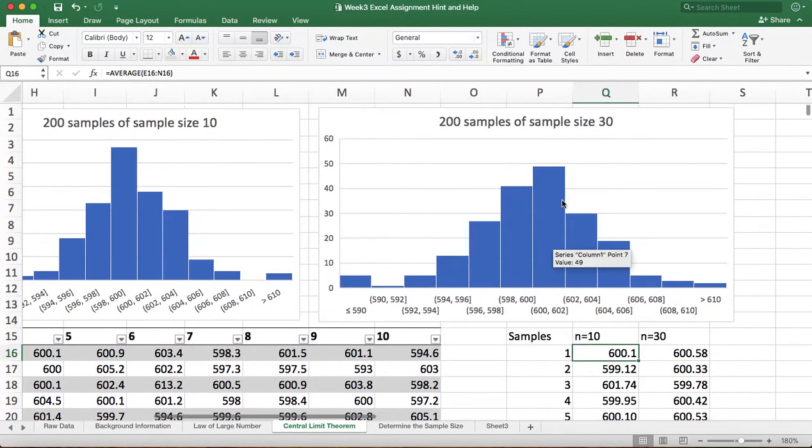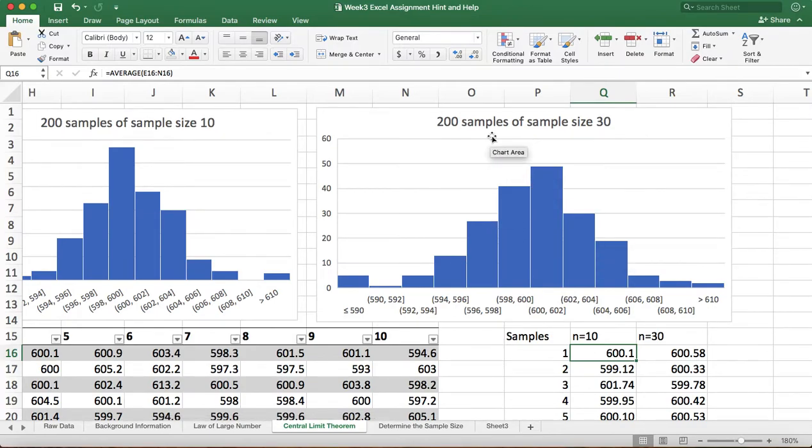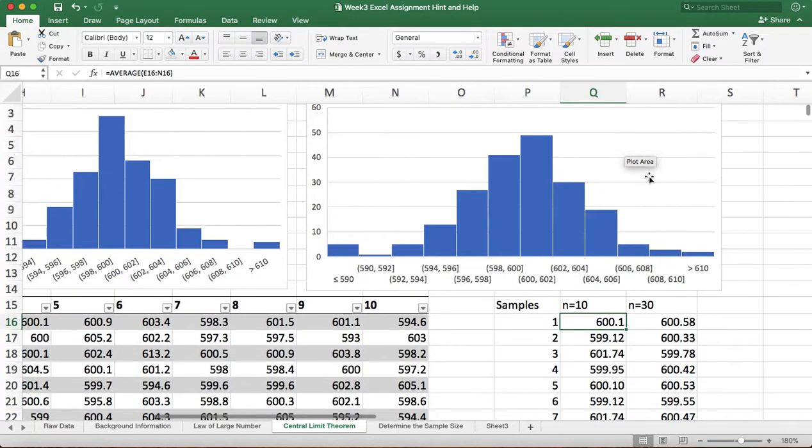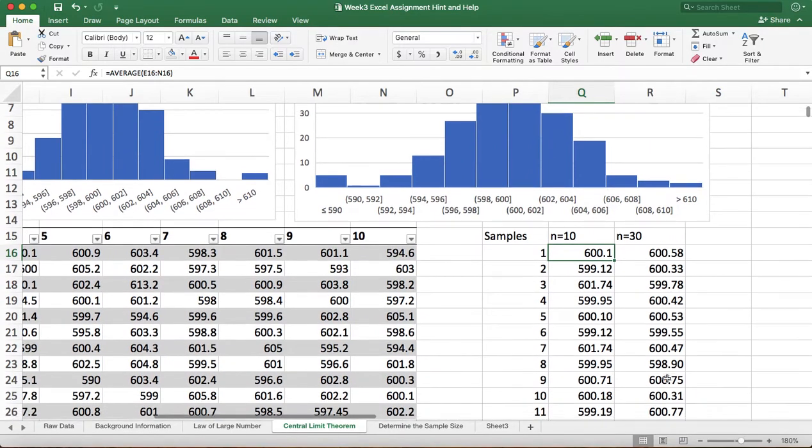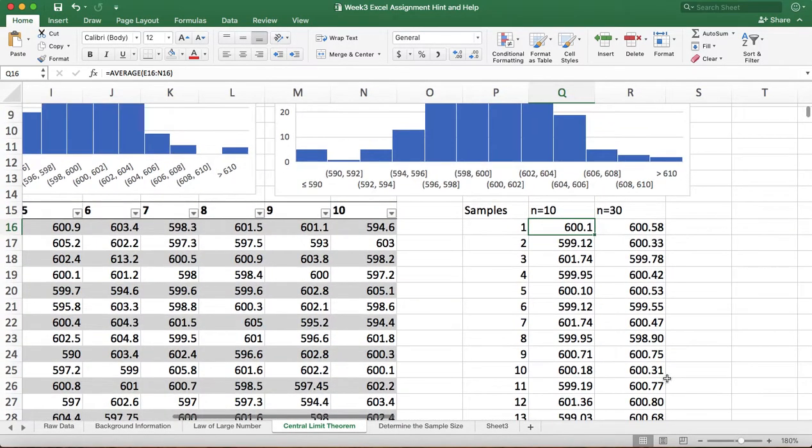And this histogram is the distribution of 200 samples of sample size 30. I increased the sample size to 30. That means I draw 30 numbers from the population, form a sample and calculate the mean. And I repeat the process and calculate the mean, and I do it again for 200 times, and I got